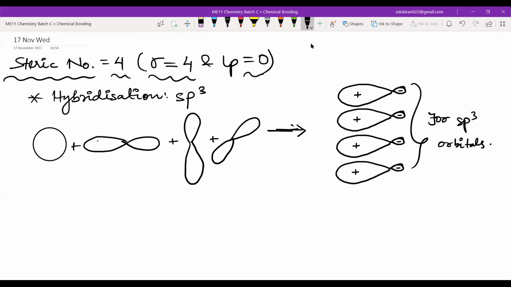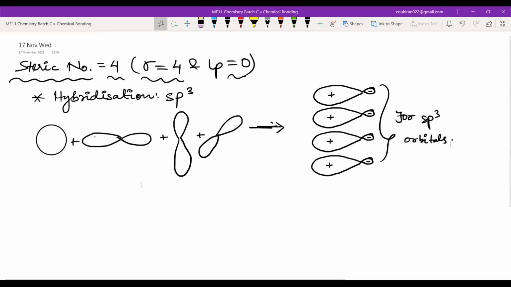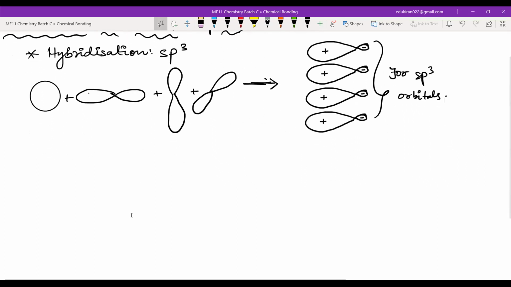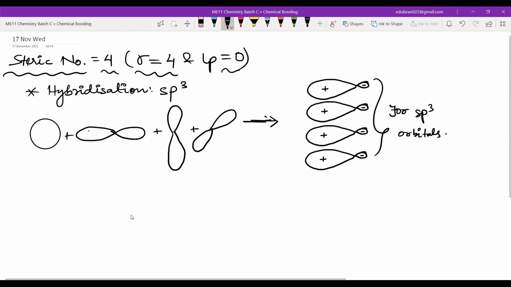Now the question is, how should we orient these in space? So the orientation of these will be, as we have seen yesterday, that we will put 3 in the base and 1 on the top, right? So this is 1 if you have only 3, and then you put one of them on the top. Also, if you take balloons, they have 2 configurations in which you can form this type of balloon. So one of them is tetrahedral like this.